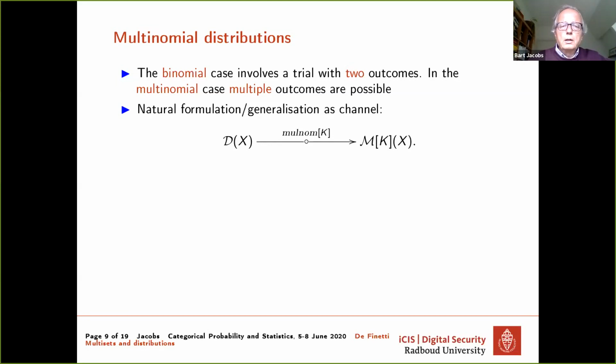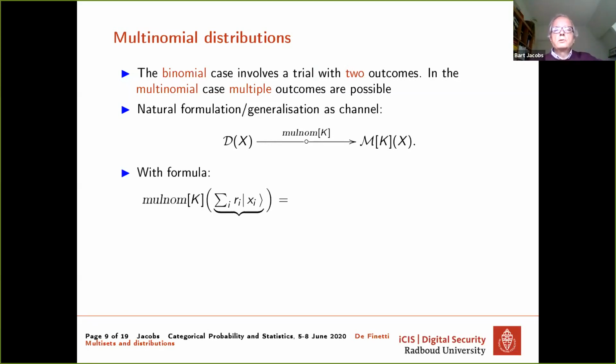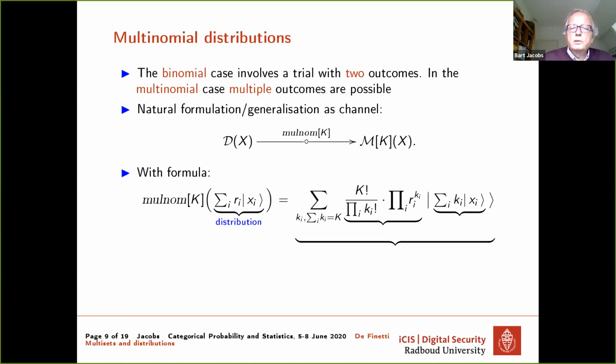Now, the explicit description of this channel involves quite some notation. I'll try to explain it slowly. It doesn't matter too much if you don't get all the details at once, but the main idea is probably useful. So the multinomial of K acts on a distribution, which is a formal convex sum of elements. And it becomes a very big expression, which is a distribution over multisets.